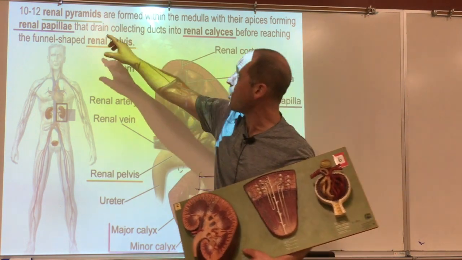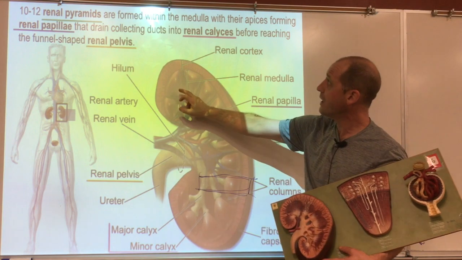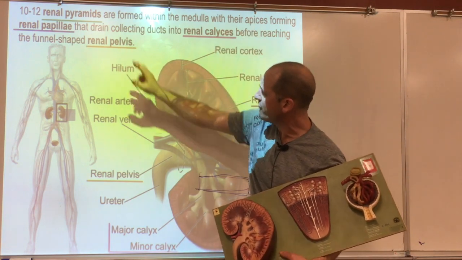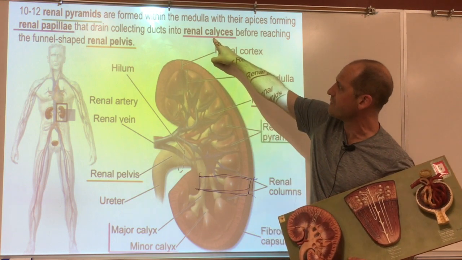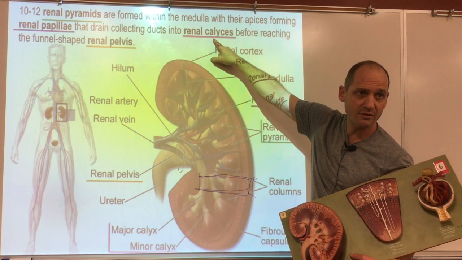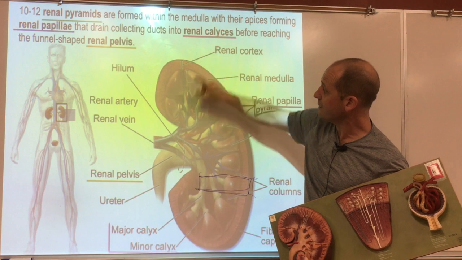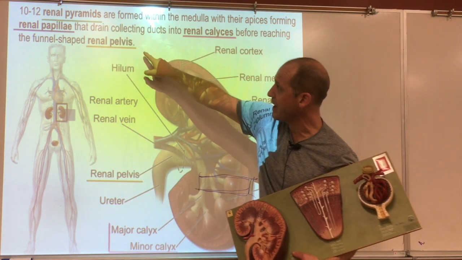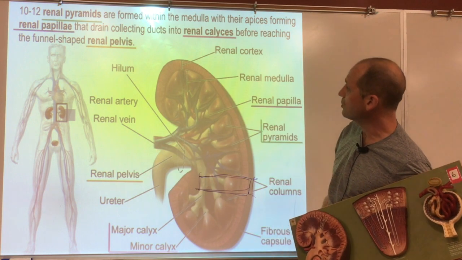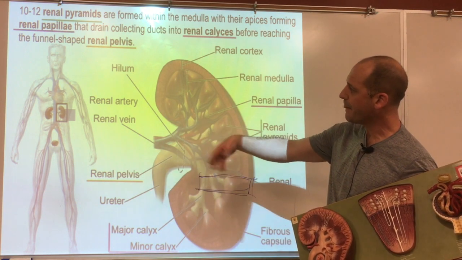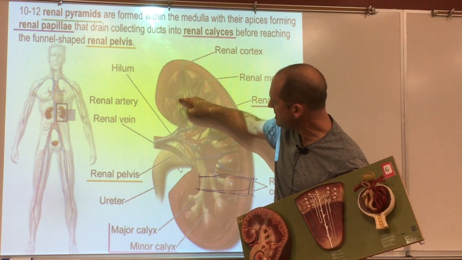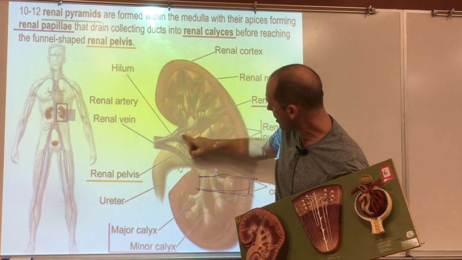So I have like 10 or 12 in each side that make then the medulla. And the apices form in, oh look here, it's the word calyces. That's the funnel. So the papilla goes into the calyces, and then it goes into the renal pelvis before it goes bye-bye. But you have these pyramids arranged, so in between the pyramids you have a space for the blood